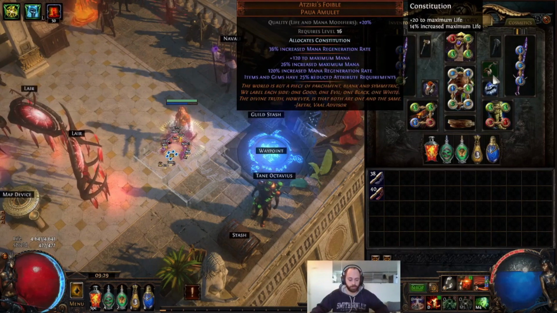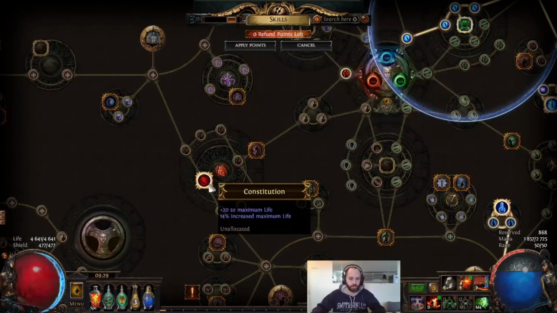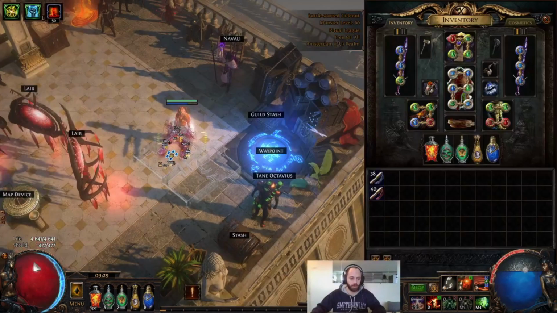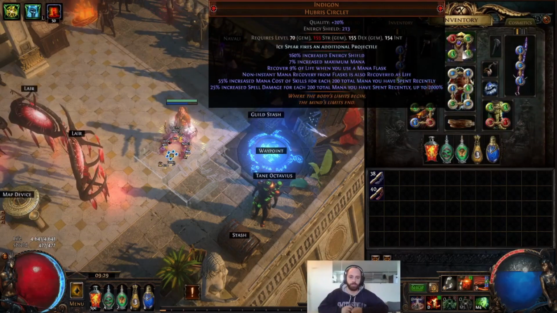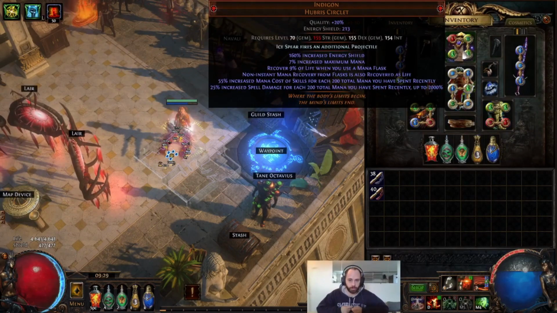And allocate Constitution. Constitution is this one, a lot of HP. I got a good pool, so nice. This one is a bit tricky. It's a must-have, of course, of a world because